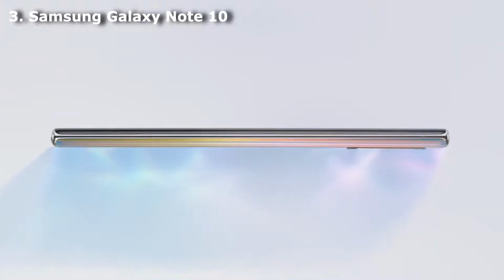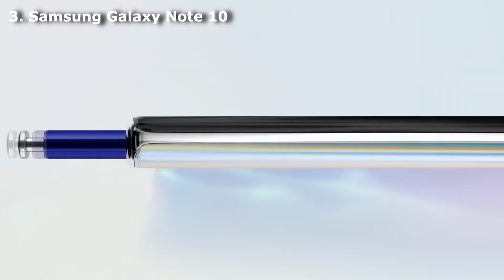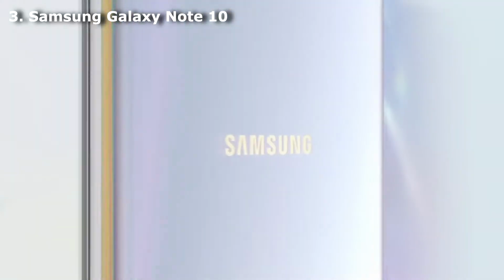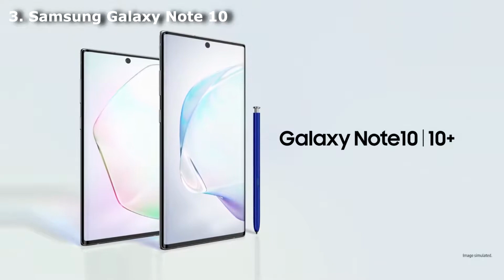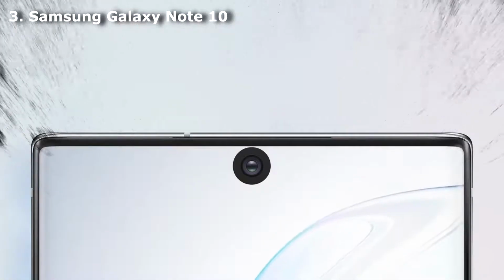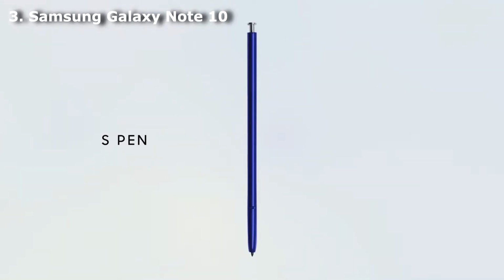Number 3. Samsung Galaxy Note 10. The Galaxy Note 10 is Samsung's easiest to use S Pen toting phone yet, and while there may not be any game-changing features to make this a must-buy handset, it's a solid addition to the Note range. If you're looking for Samsung's ultimate top-end device, you'll want to opt for the Note 10 Plus, but if you want to save a bit of money, or you're after a smaller phone with a stylus, this is the Note